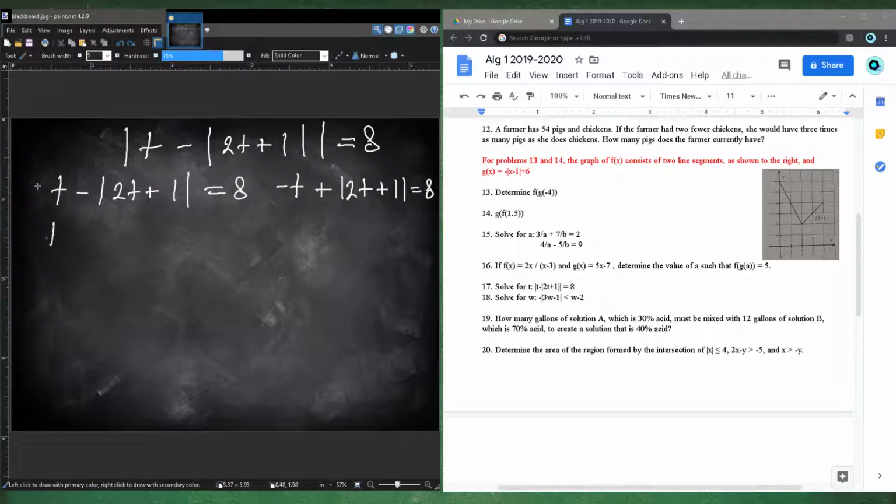So we're going to have t minus 8 is equal to absolute value of 2t plus 1, right? So it keeps track of what I need to do with this. So if you prefer another method, that's fine too. Just make sure it's right. So now we have to simplify this part too. So 2t plus 1, since they're both positive, so I'm going to keep on this side, is going to be t plus 8 on this side. Okay,